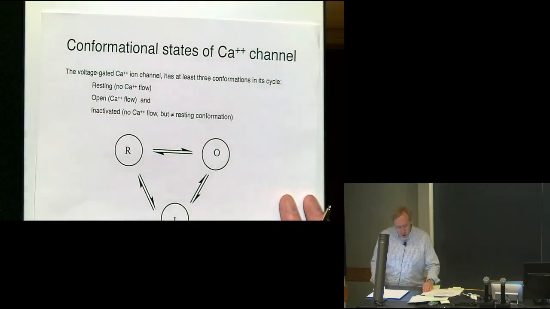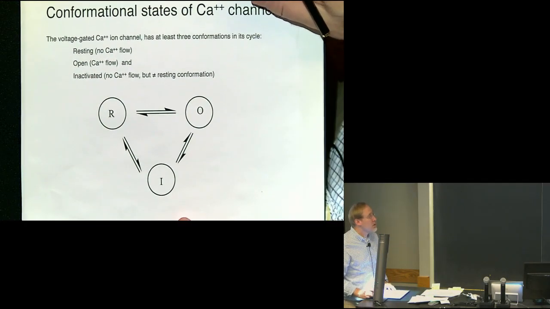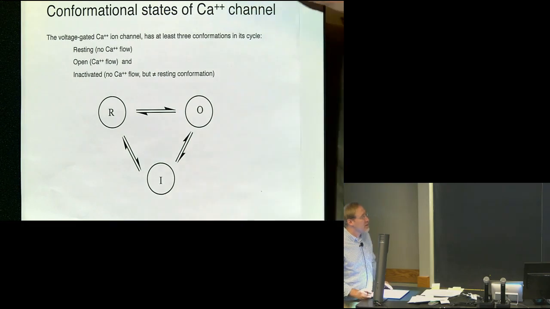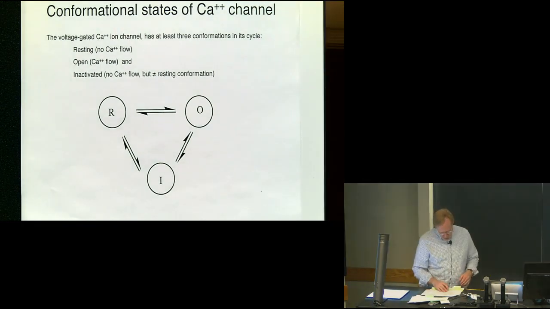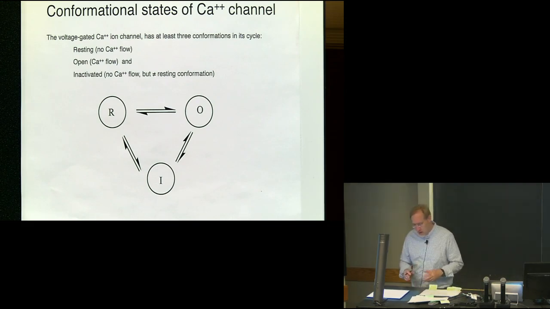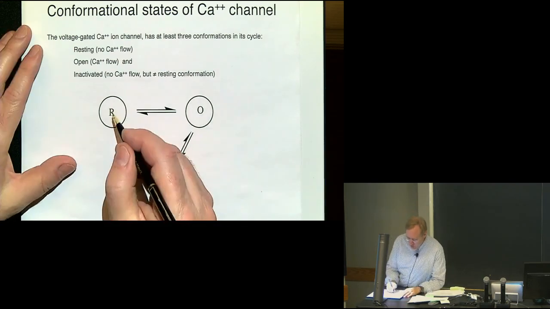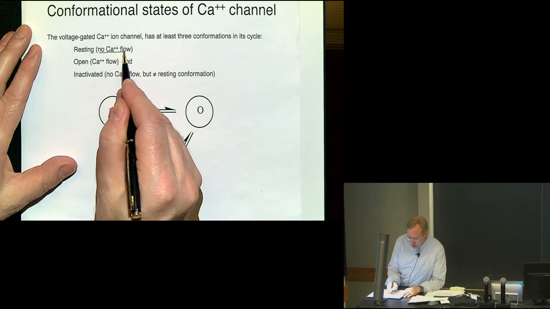Now, I talk about open and close. It's really not that straightforward. There are at least 3 conformations in the cycle of this. And I think not this lecture, but one down will unpack the different states to assign them to structural aspects of how this happens. But actually, you have a resting state of the channel, where there's no calcium